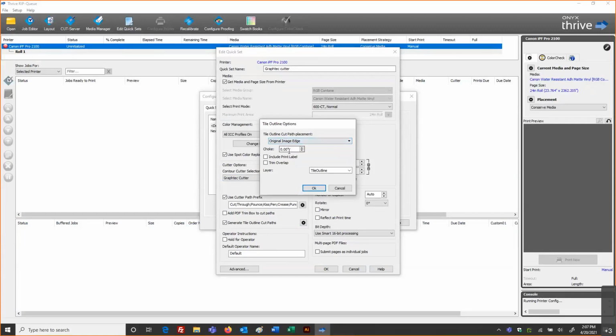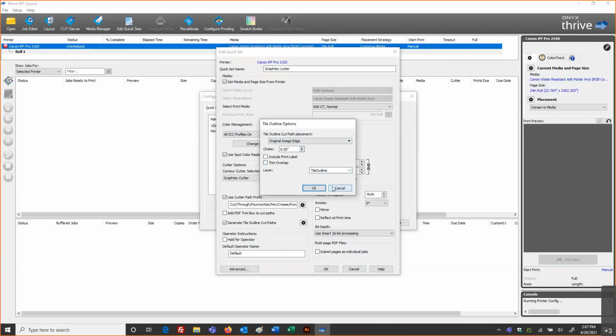In addition, I could type in and enter a value to just choke or reduce that size overall. I could tell it to include the print label as well as the trim overlap, should I be using the overlap feature in tiling. And then I can also designate and identify what will be the layer name for that tile outline.